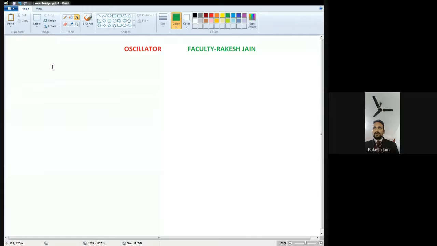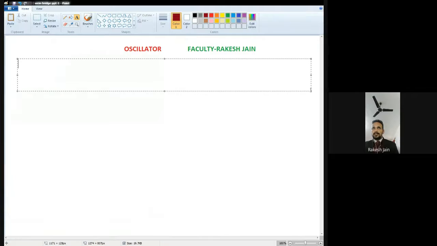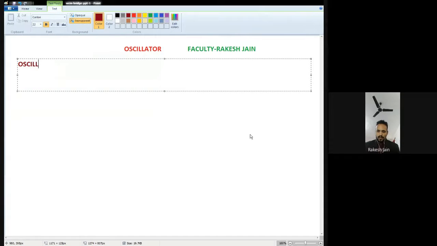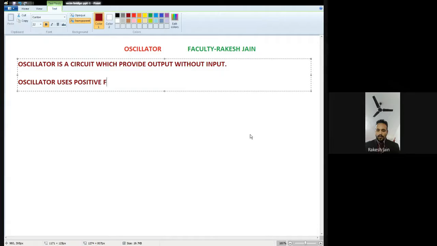Oscillators is our topic. So I begin by writing down some key points related to oscillators. An oscillator is a circuit which provides output, or we can say output signal or output waveform, without input. An oscillator uses positive feedback,